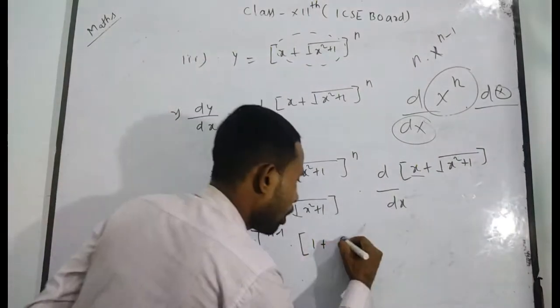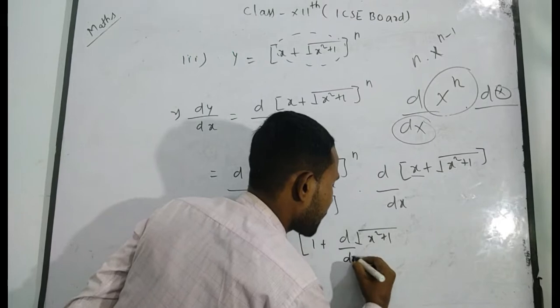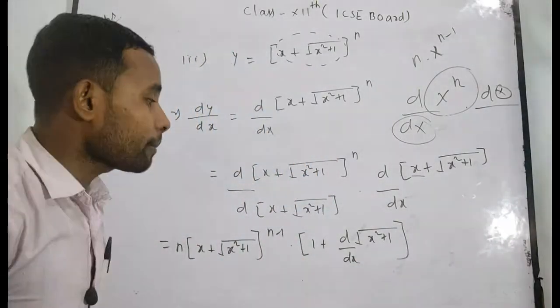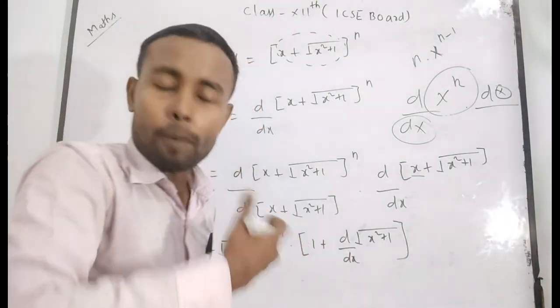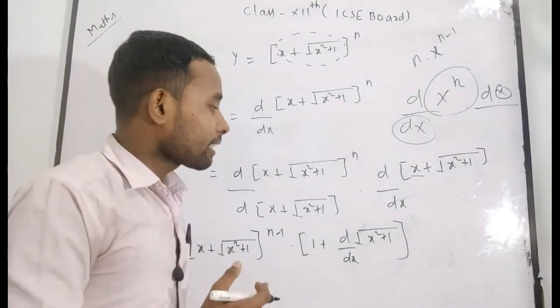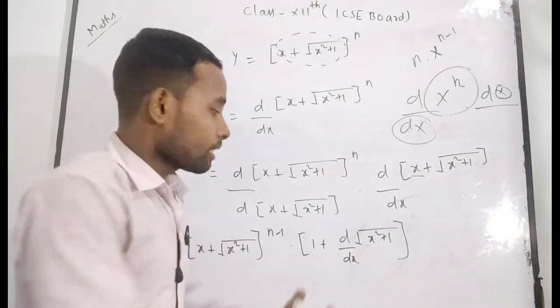No, you cannot differentiate √(x² + 1) directly with respect to x. Then you will ask, sir, how can you give me the answer? If you have a lot of practice, in that case you can write it directly, I will tell you. But as this is your starting point, you cannot solve it directly.